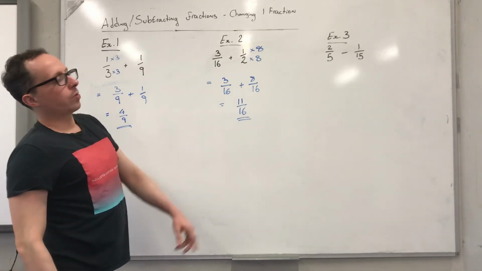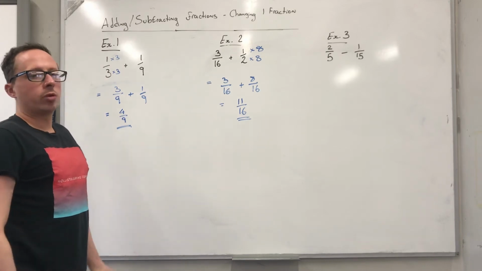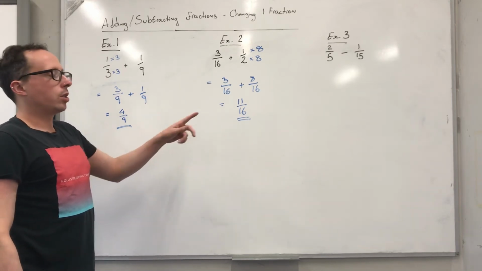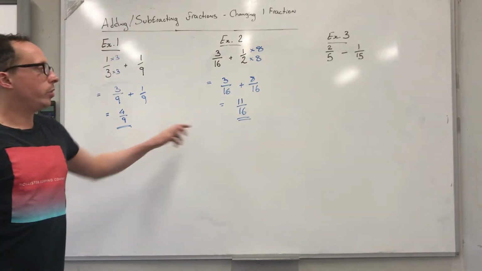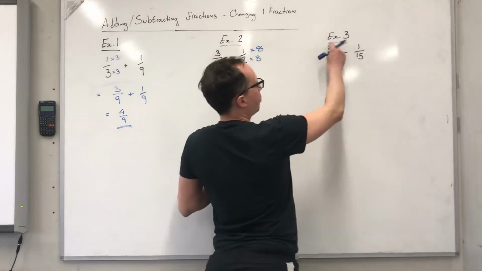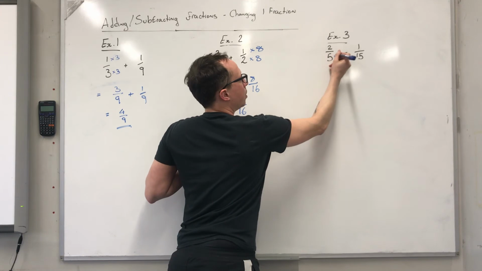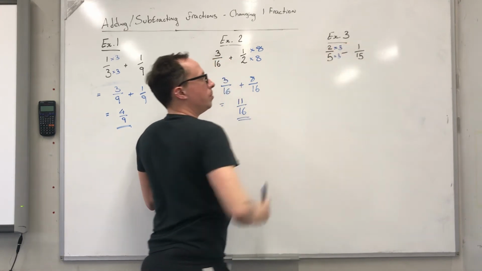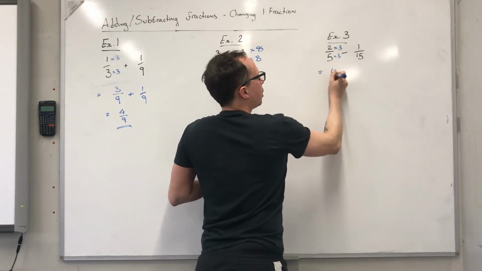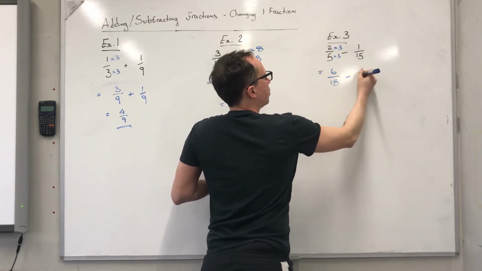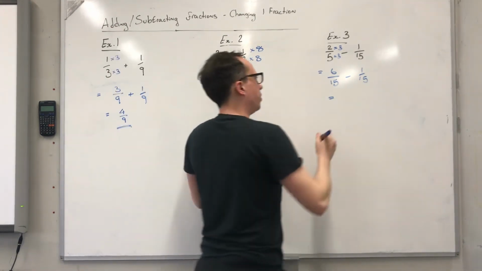Okay? So we look here. There's going to be two special things about this one. If we look here, it's a subtraction instead of an addition. The steps leading up to the subtraction are the exact same. And then something's going to happen at the end of the fraction, which you need to watch out for, that we've not had to deal with in these two. So we look here. First of all, we decide that we need to change the 2/5. To get 5ths into 15ths, we multiply them by 3, making sure we change the numerator as well, giving us 6/15 minus 1/15, and 6/15 minus 1/15 is